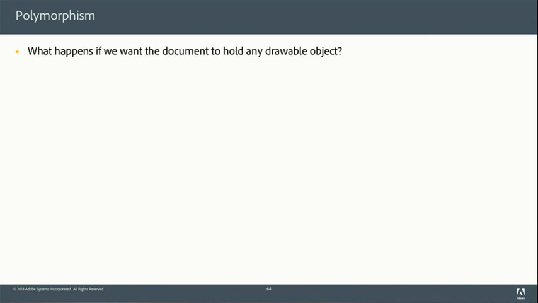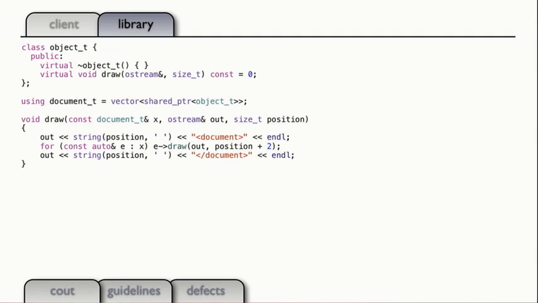But what happens if we want our document to hold any drawable objects? Here's the way we would traditionally do it. We would say, oh, we need a base class for our object, which has a virtual draw function, which requires a virtual destructor.